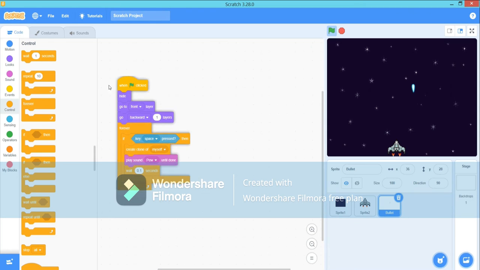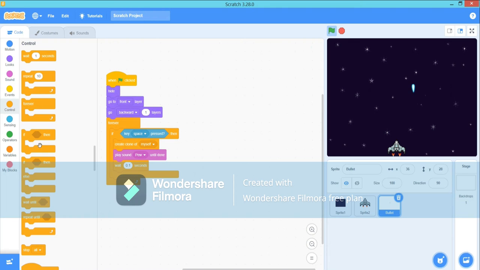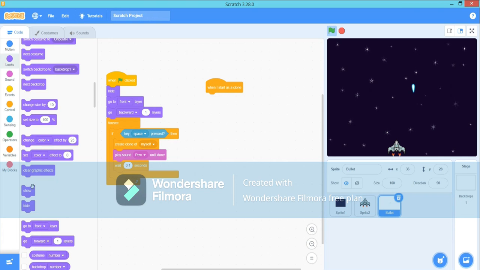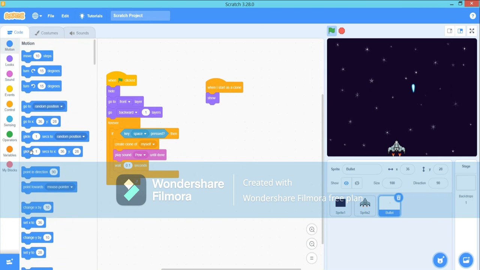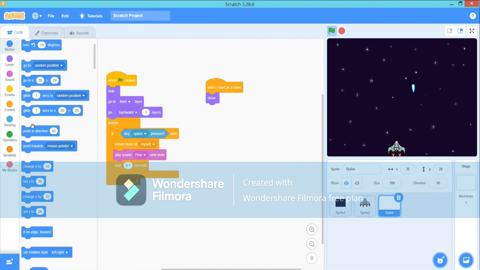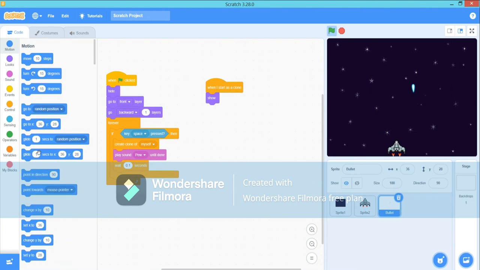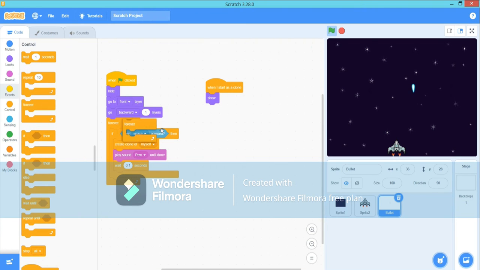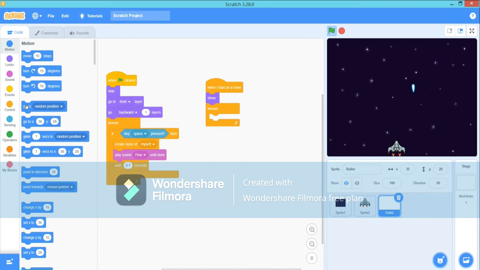So the next code is when I start as clone, take this block from control. When I start as clone, go to looks, show, then go to motion, take the go to, go to control, take forever,